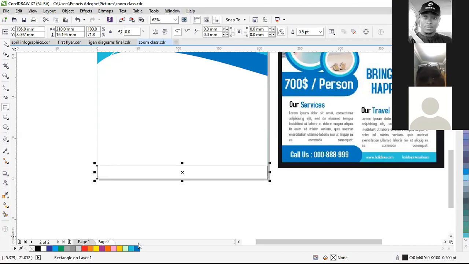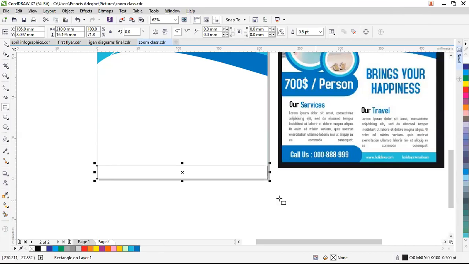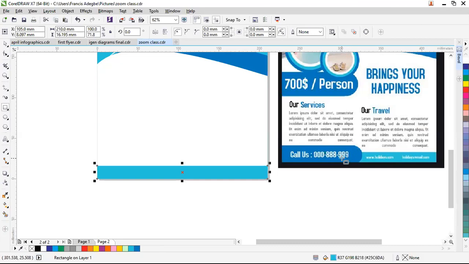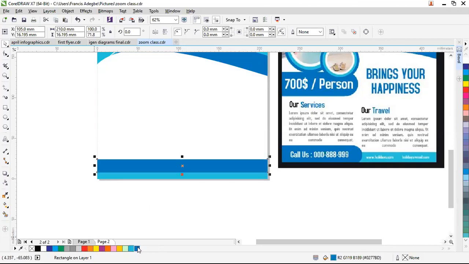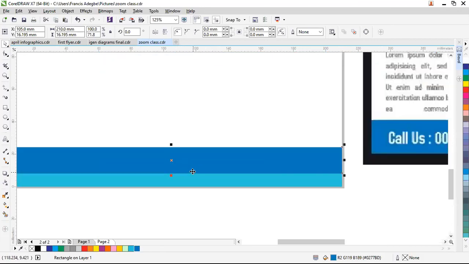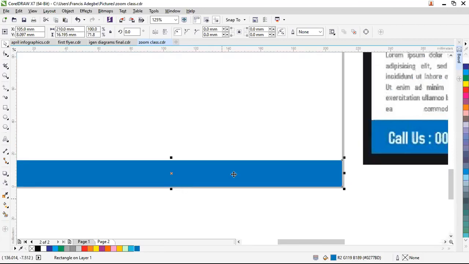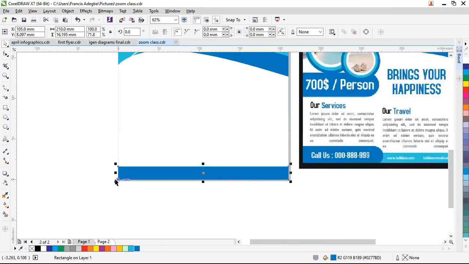So you fill it with that color. Mind you, we already selected the color. Remove the borderline. Did you see that? Yes. Then copy and paste again. Give it the next color, then the next color you are giving it. Now this is where you zoom in, click and drag it down. Then if you are dragging it down, it's going to come to the